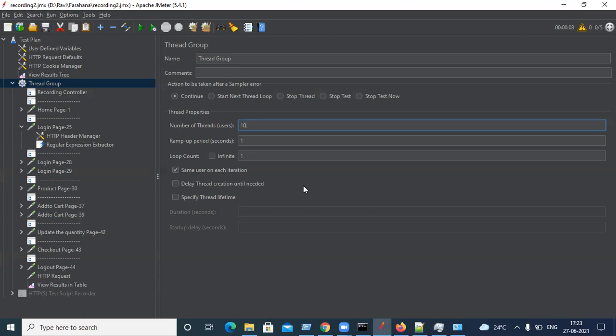Okay. Now, what is the gap? 10 seconds, 100 by 10. So after every user, a 10 second gap, then the second user will go up. In the first 10 seconds, if the first user is done, JMeter won't do anything.